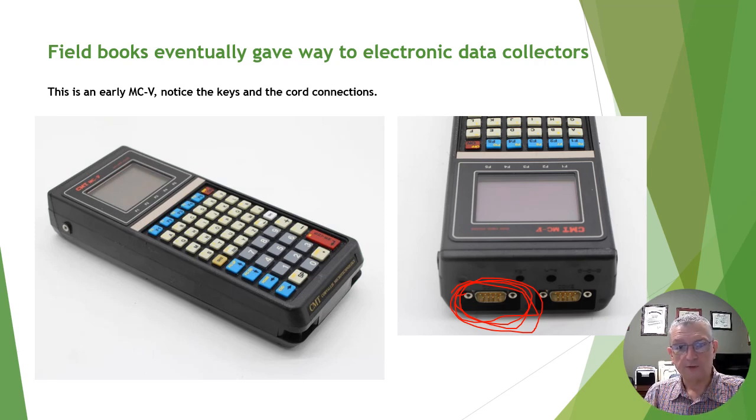So often port 1 would go bad, and you'd have to go change the settings and start using port 2. When you got back to the office, you had a cord plugged up to the computer, and you plugged the data collector up using one of these 9-pin plugs. I believe they're called RS-232s. And poof, that's how your data was transmitted. You had to come in here and tell it to transmit, and your computer had to be expecting a file transfer from an external device, and you had to tell it where to put it. Anyway, this is how the early data collectors operated.